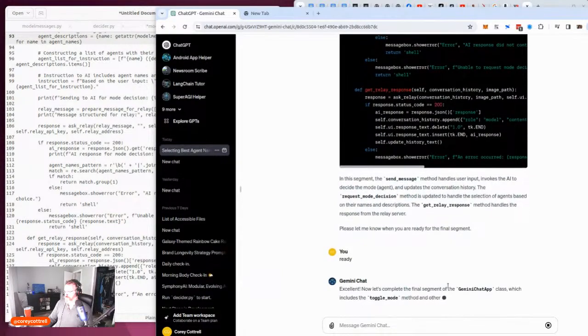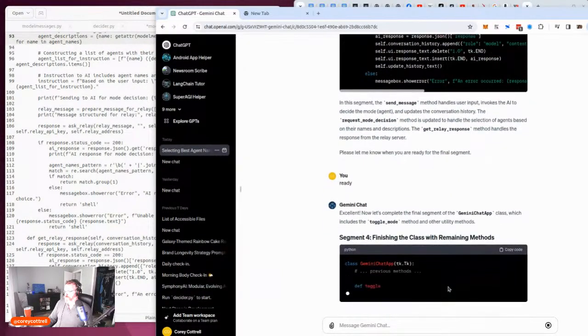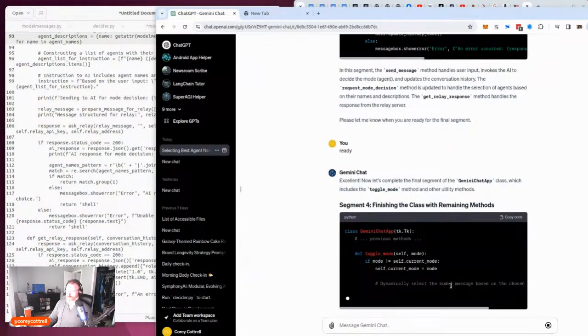And yeah, there's a chance it'll be slightly shorter because of the button removal stuff that we did in there, but